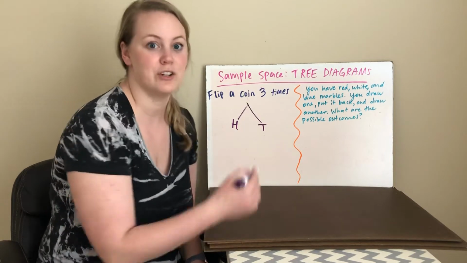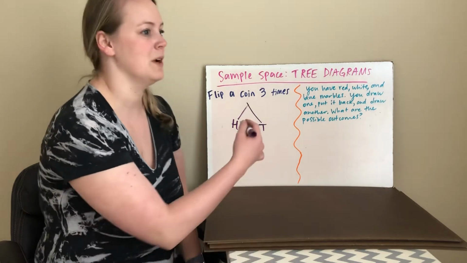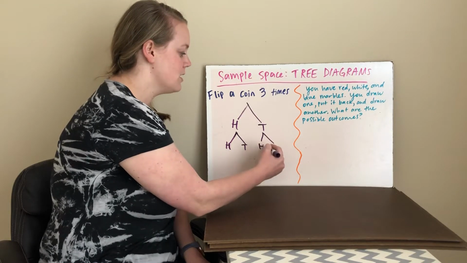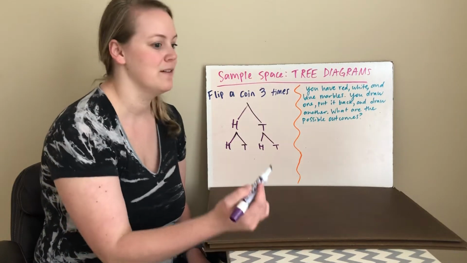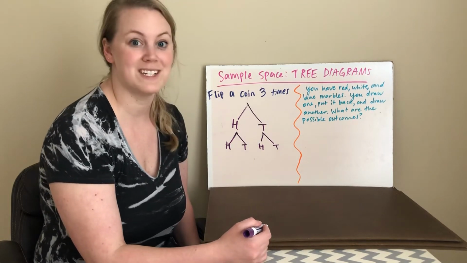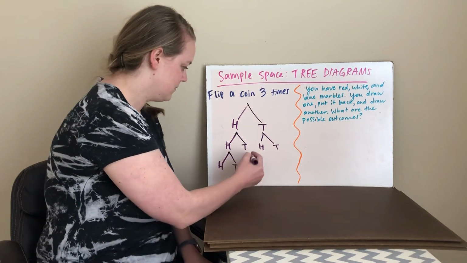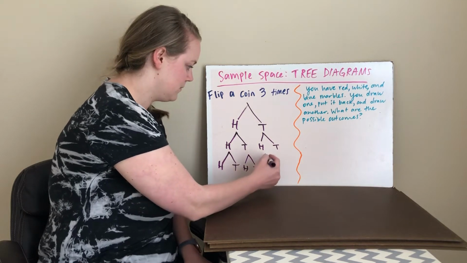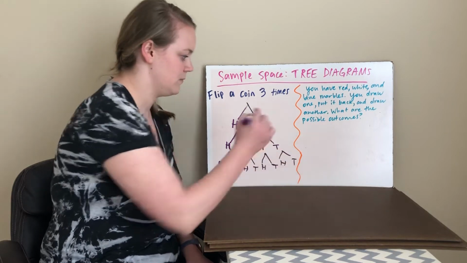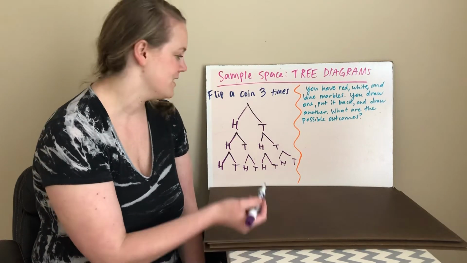Now, I don't care if you get a heads or a tails the first time, it doesn't matter. If you flip a coin a second time, you're still gonna get a heads or a tails. So we're gonna continue a branch off of each with all of the possible outcomes. Flip a coin 2 times or 100 times, doesn't matter. The third time you flip it, you are still going to get either a heads or a tails. So you continue the branches. And as weird as it is, if it specifically asks for a tree diagram as your answer, then you have